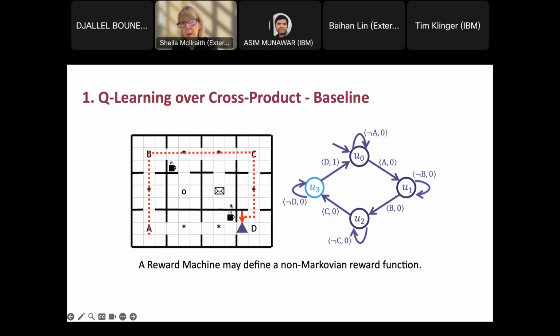as I was before. And so when I did that same move from the left of D to D, so same action from the same state, this time I'm going to get a reward of 1, even though when I performed that other action, the other time, I got a reward of 0. So the reward machine may depend on a non-Markovian reward function. It depended on the history.